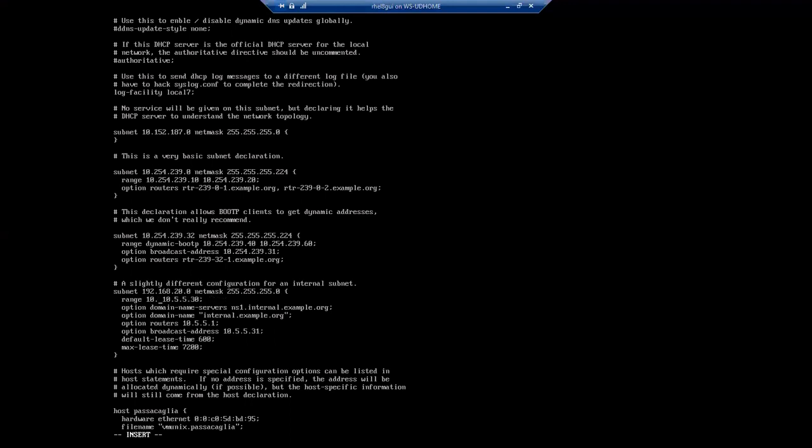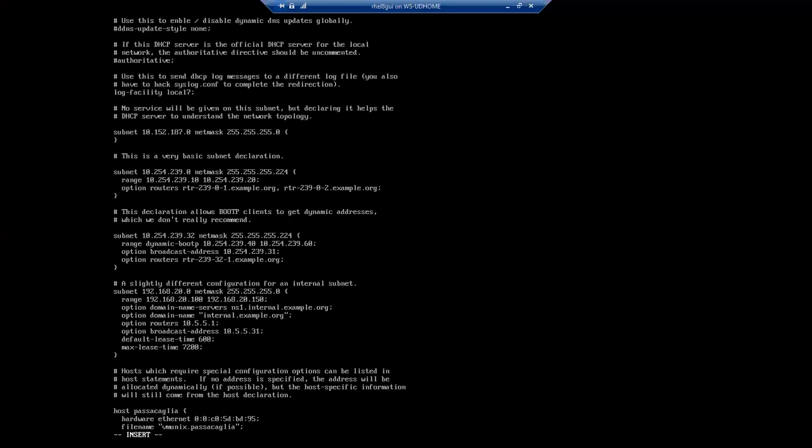Then I have to give the range of IP addresses: 192.168.20.100. I want to start from 100. I have some 50 machines in my network, so I can go up to 20.150. So I will have two servers. If there are two DHCP servers, in the other server I can start from 151 and go up to 200. So I will have two DHCP servers. If one DHCP server fails, I can have another DHCP server.